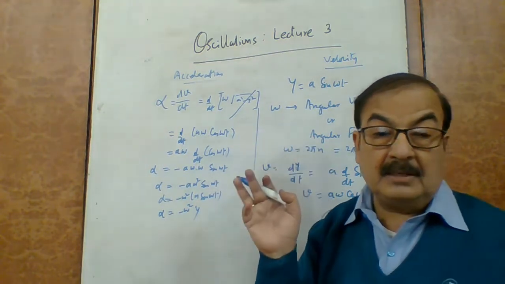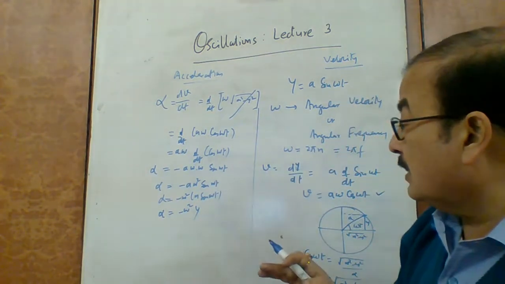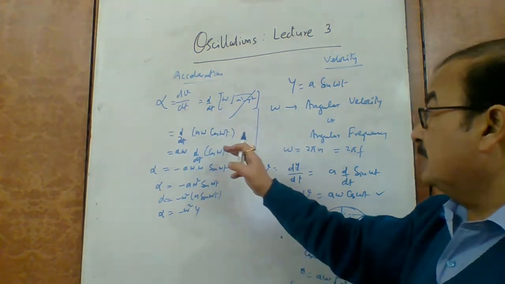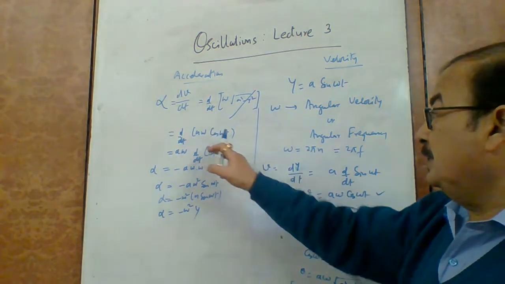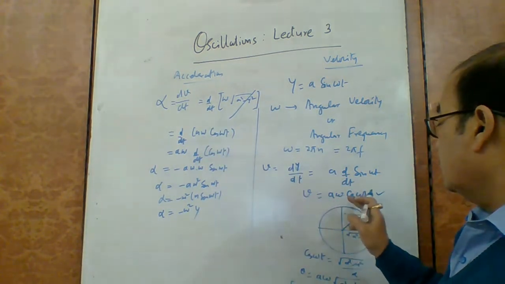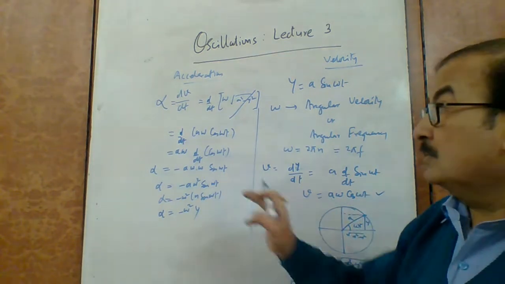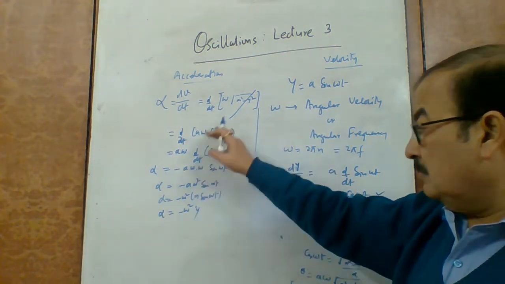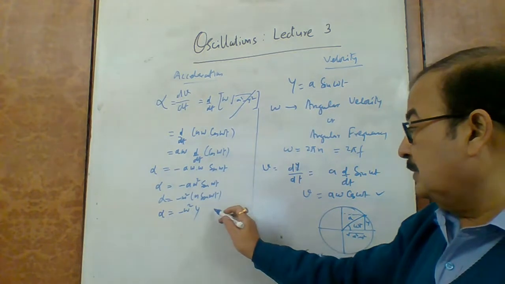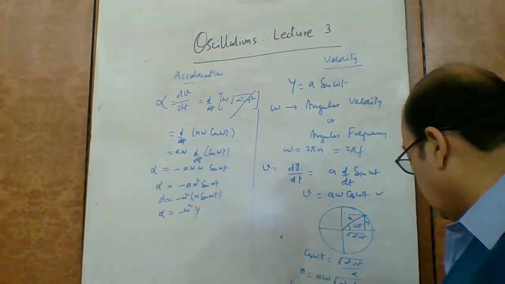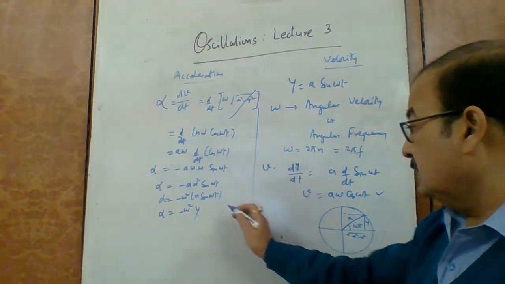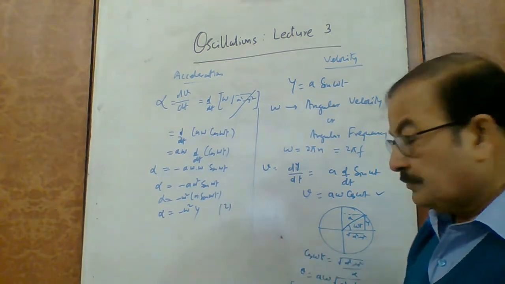So we have not to do like that, but rather on the other hand what we do, we can directly take v as a omega cos omega t. In this format, when we take it, we can differentiate and we get ultimately this equation. This is equation number 1 and this is say equation number 2.